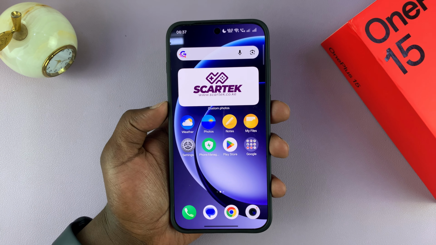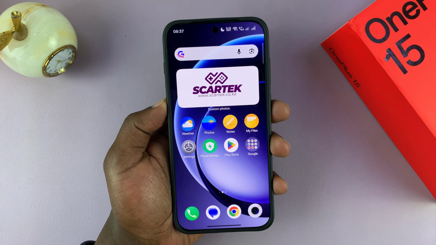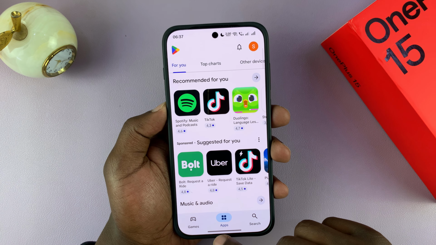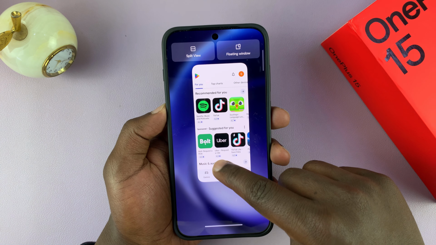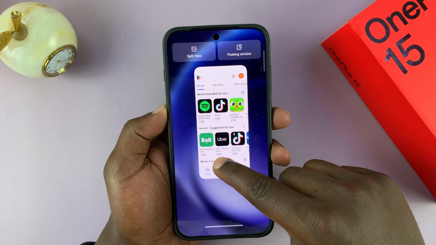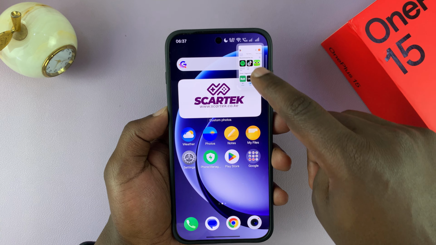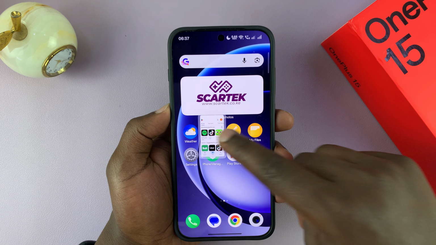So let me show you how to open apps in floating windows on your OnePlus 15. Open the app and then swipe up the app, and when you get here you'll see either split view or floating window. So you want to go to floating window and release, and now that app is a floating window,